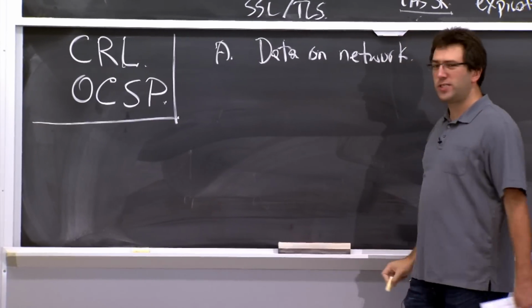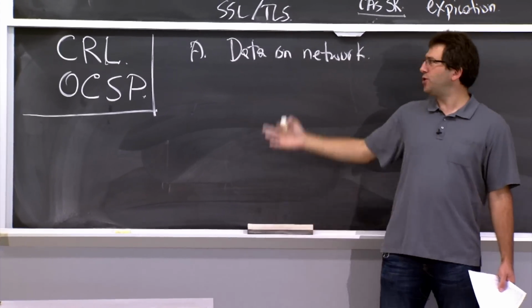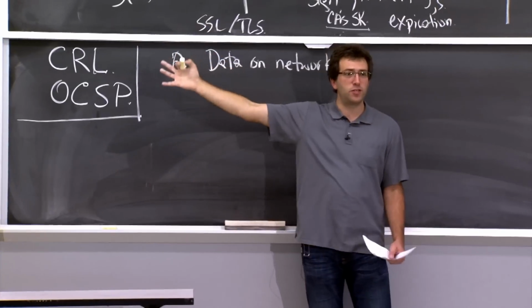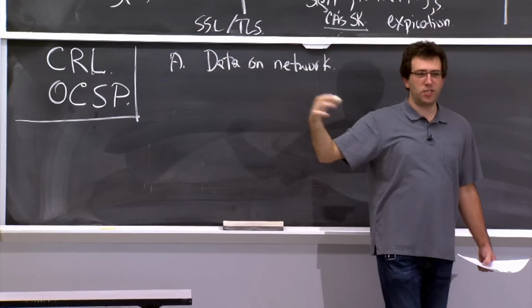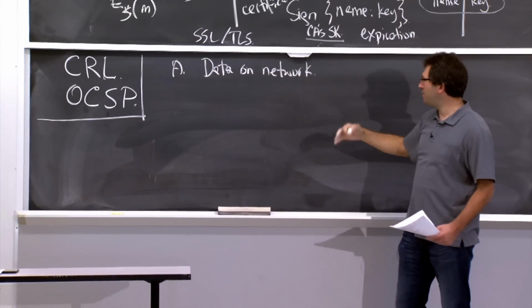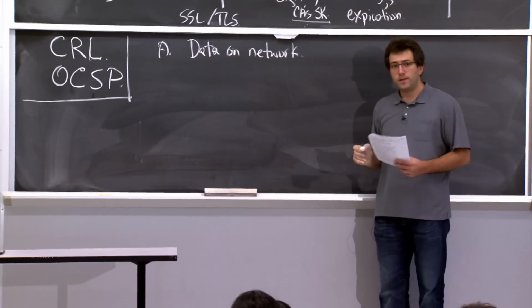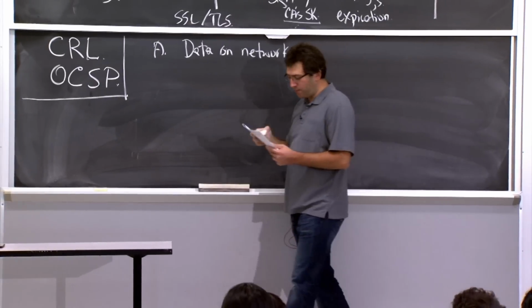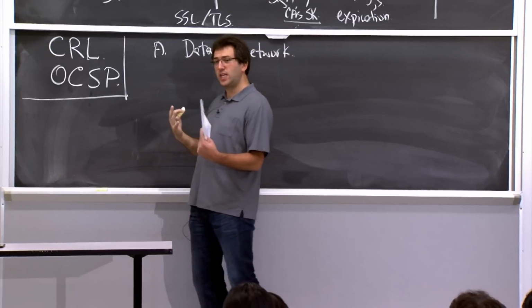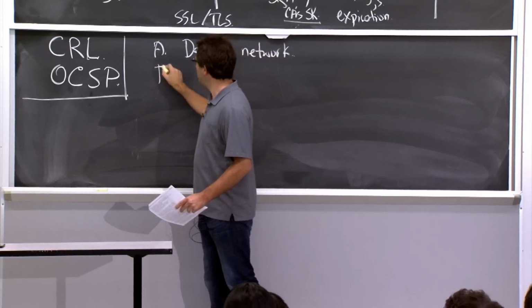And this is almost the easy part because we're just going to run a protocol very much like what I've been describing so far. We'll encrypt all the messages, sign them, make sure they haven't been tampered with, all this great stuff. So that's how we're going to protect data on the network. But then there's two other things in a web browser that we really have to worry about.